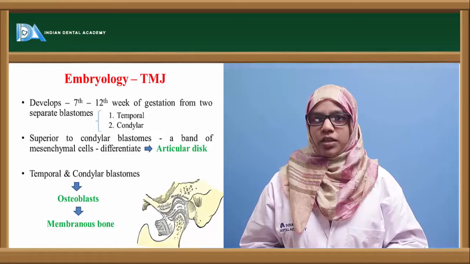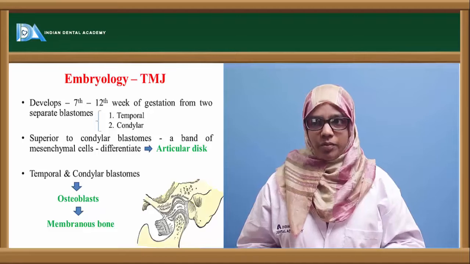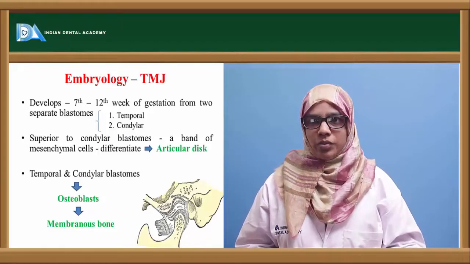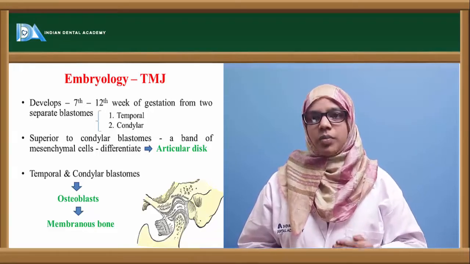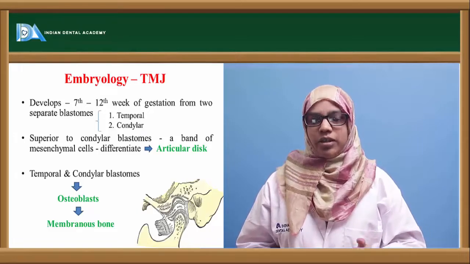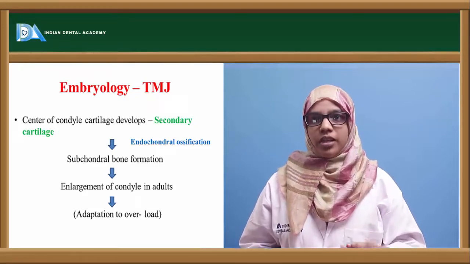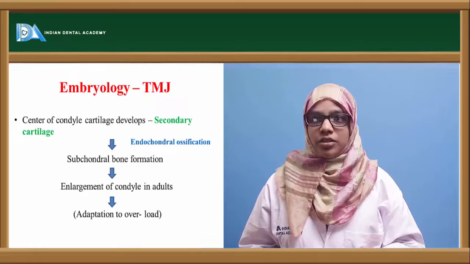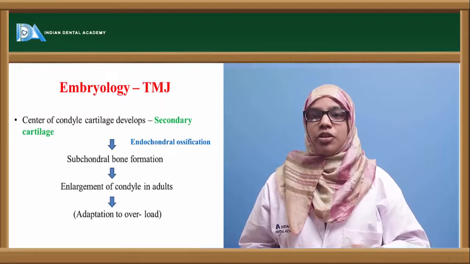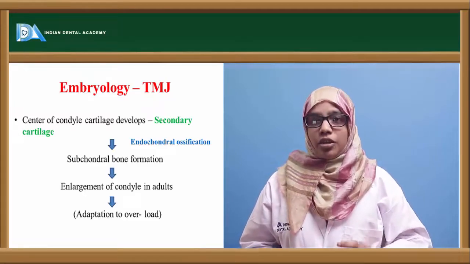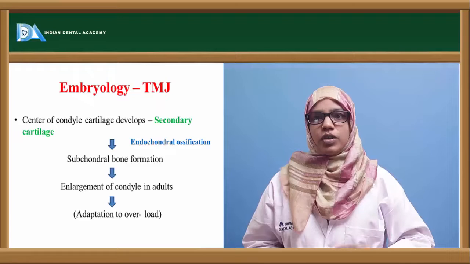It starts developing between the 7th and 12th week of gestation from two separate blastemas, that is the temporal and condylar blastemas. Superior to the condylar blastema, a band of mesenchymal cells differentiate and form the articular disc. Now these two separate blastemas, that is temporal and condylar, form osteoblasts and eventually membranous bone is formed. But in the center of the condyle, cartilage develops, termed as secondary cartilage. This causes subchondral bone formation. Now this procedure is termed as endochondral ossification. Now enlargement of the condyle in the adult is because of this endochondral ossification,